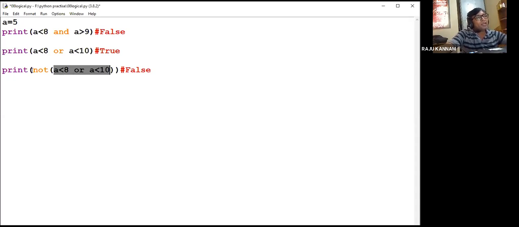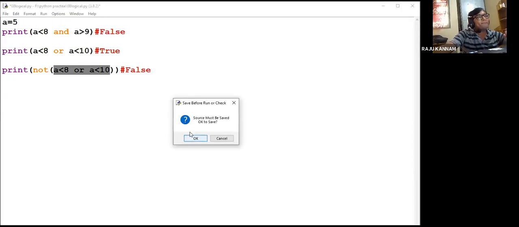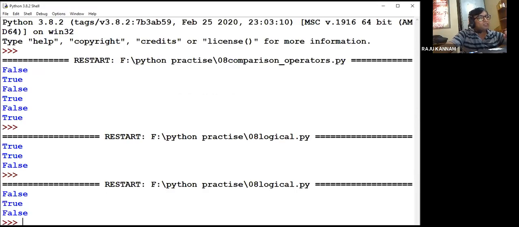NOT operation means if 1 is there, it will give 0, and if you give 0, it will give 1. That means whatever you give, it gives the reverse. Here I am giving true, so it will give false. So the answer will be false, true, false. Yes, true means 1, false means 0. Hope it is clear to everyone.